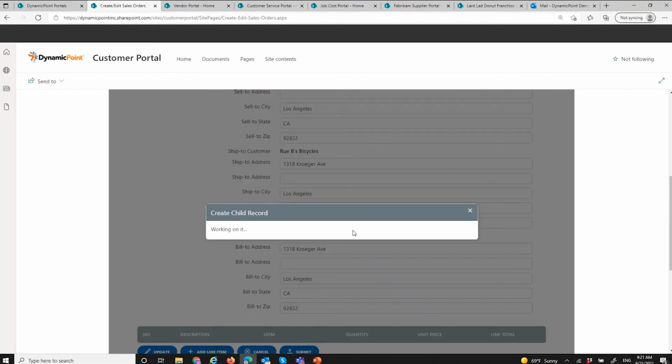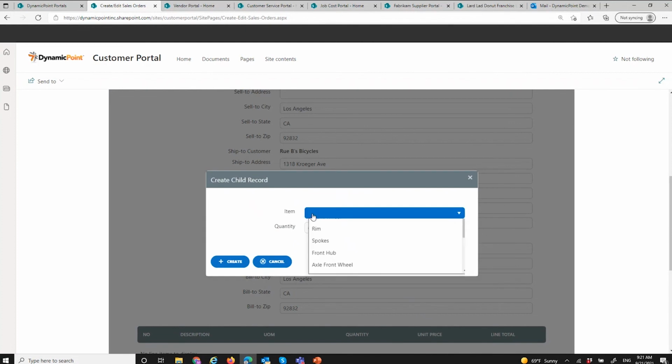Those items, of course, are going to query the items that are in inventory that apply to this customer. So I could go ahead and begin adding these items right here directly to this order in SharePoint.